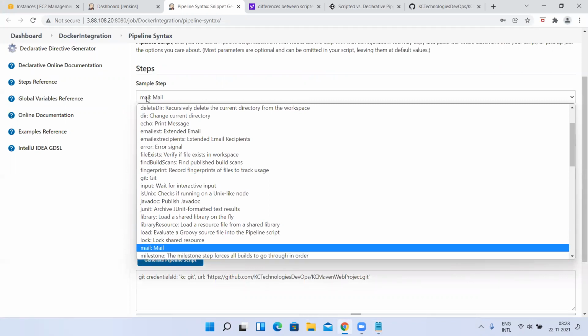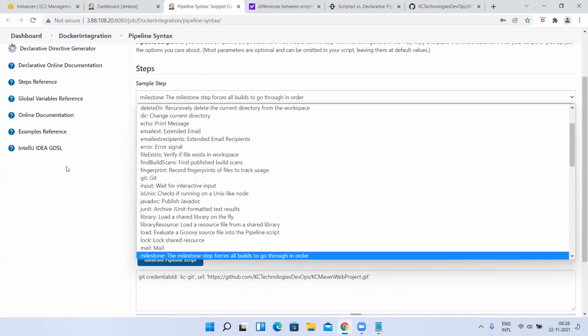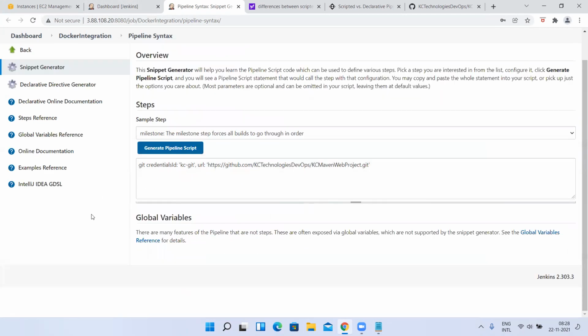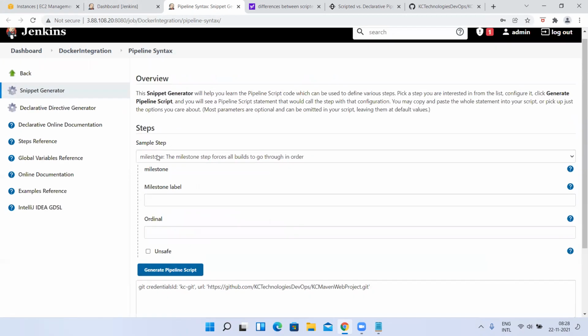See, only two milestone entries are there. But I added the Maven integration plugin in front of you only. That is the reason: while installing Jenkins, I haven't installed the Maven plugin. I just want to show you the proof, right? So the Maven plugin is not there. What should I do now?